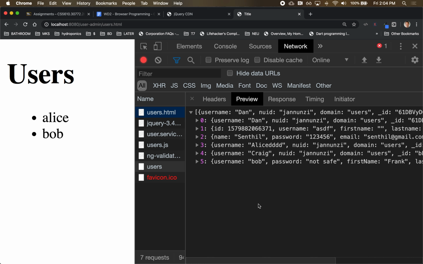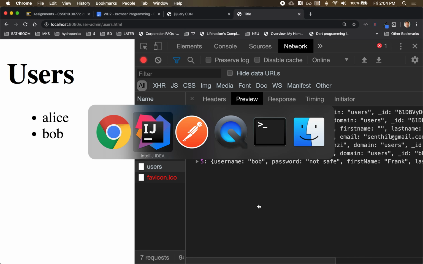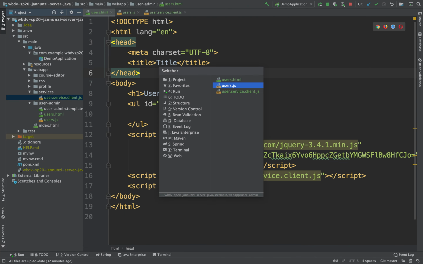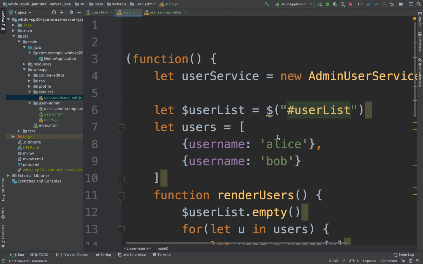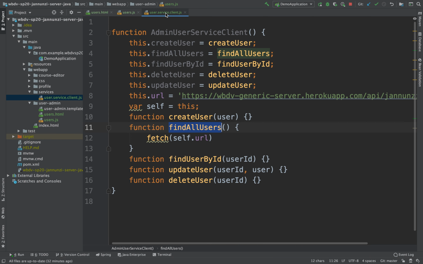So we'd like to be able to use that array that comes back from the server, and perhaps assign it to our array. Our initial array has this hard coded, right? It's Alice and Bob. What I'd like to be able to do is replace this array with whatever's coming from the server. So let's do that. From the client,